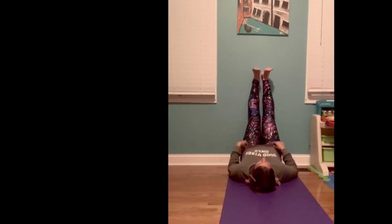Now, if I, like I am right now, have a lot of space between my legs and the wall, I can just do this little move, just like that, like kind of walking your bottom towards the wall and get them even closer. Now my feet are up the wall, my head is down, my arms come down next to me. So if you just watched me do that, now you can take a moment to find your wall or your doorway and put your legs up the wall and bring your arms right down by your side